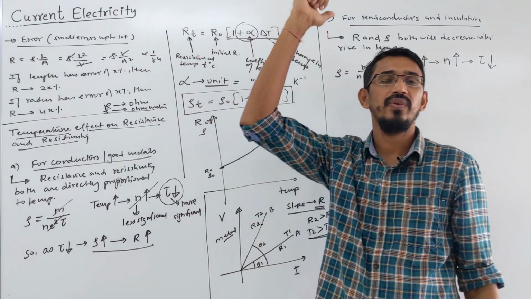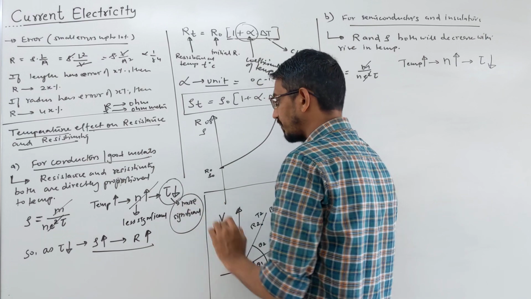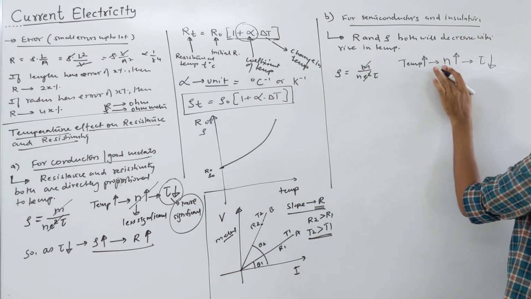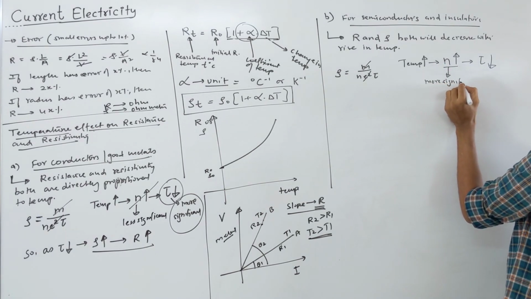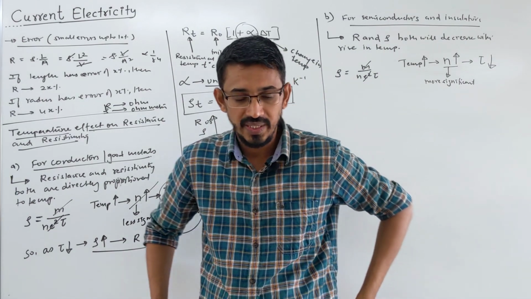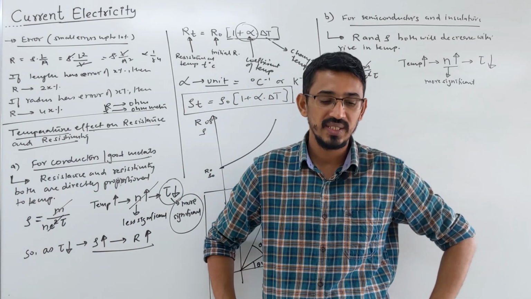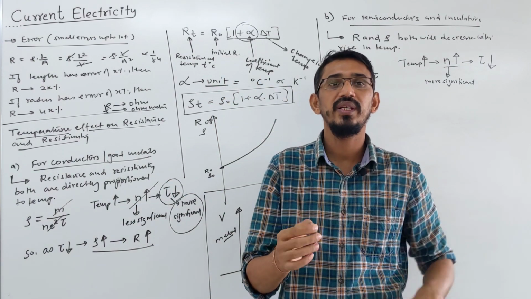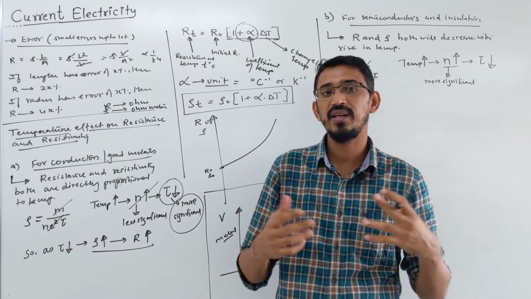But here what effect is more powerful? That's important. Here, which effect is more significant? Not tau. Why? Recently we have learned our semiconductor topic, right? We have learned that at room temperature there are very few free electrons and holes in a semiconductor. So it doesn't conduct, it behaves like an insulator. But when we supply a little heat, a little energy, it generates a large number of free electrons or holes. So it behaves like a conductor now.